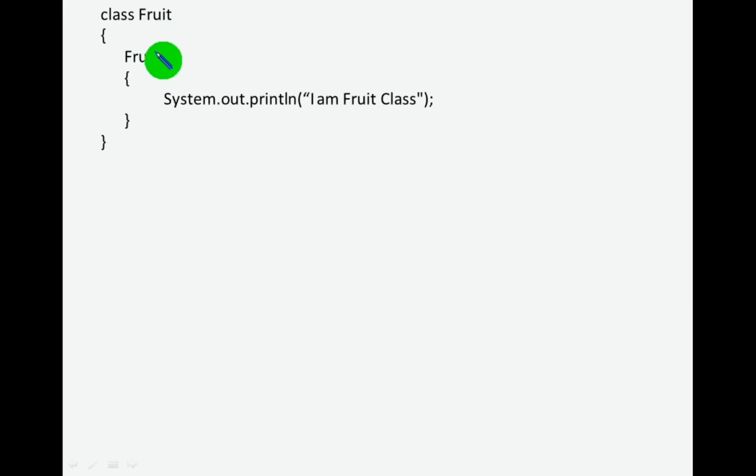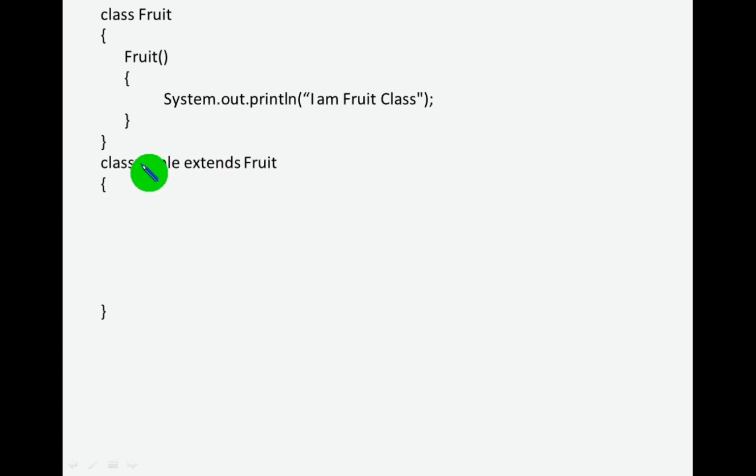It is a default constructor because we are not passing any arguments. Here we simply display a message, I am fruit class, by using the System.out.println method.